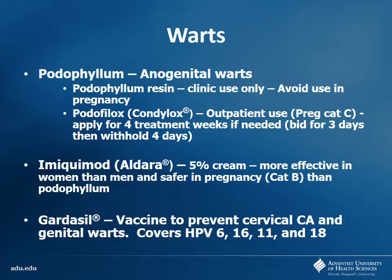So you have the podophyllum, which will help to prevent some of the viral replication. It has some keratolytic effects as well that can be utilized. And then we also have Imiquimod or Aldara, 5% cream. This one's actually useful for pregnant patients. It can be utilized for them since it's category B. And then there's a vaccine against specific types of human papillomavirus. We'll talk more about that when we get to immunizations, but Gardasil can be used and help to prevent things